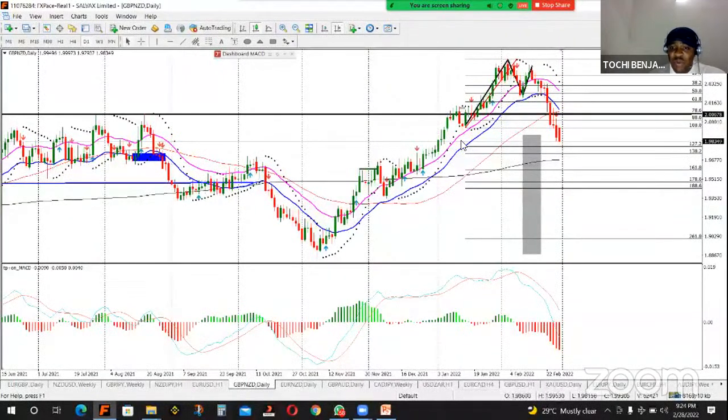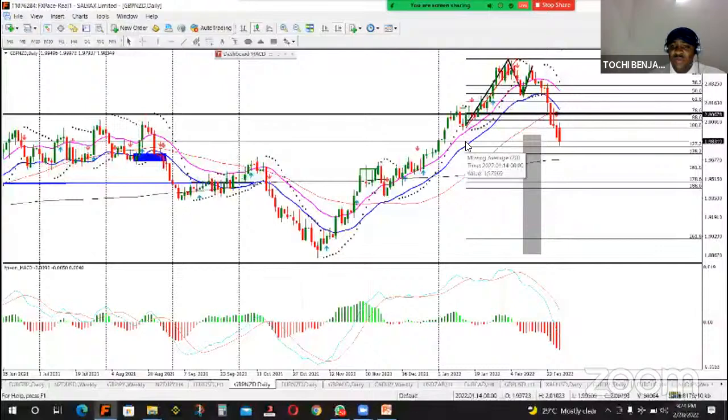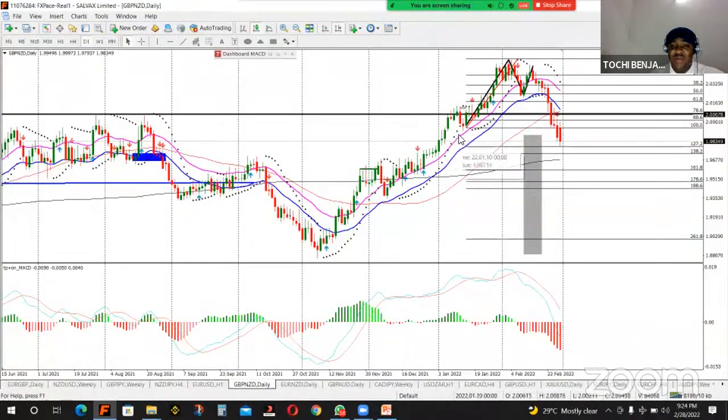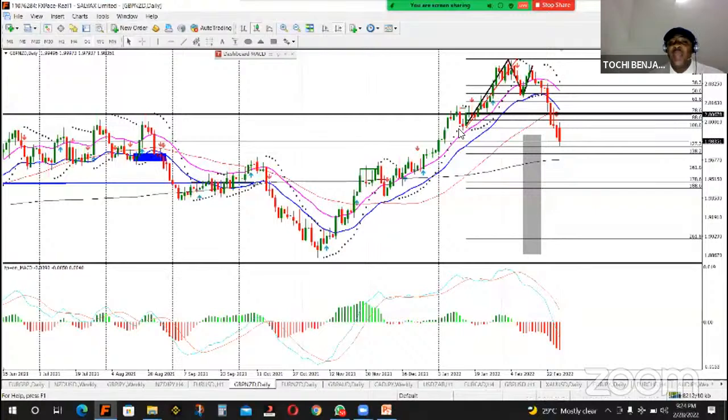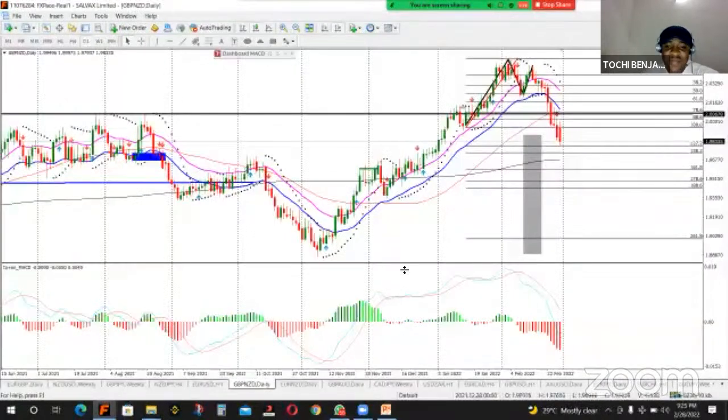You see this one too, these purple and blue. Some persons will now tell me this is cockroach purple. No problem. Whatever purple it is, the color is not my problem. The problem is I'm putting it on my chart and it's telling me direction. These two moving averages can never meet. They are two railways, two rails. They can never meet. I use it in my trade.